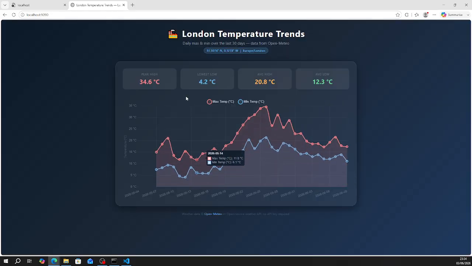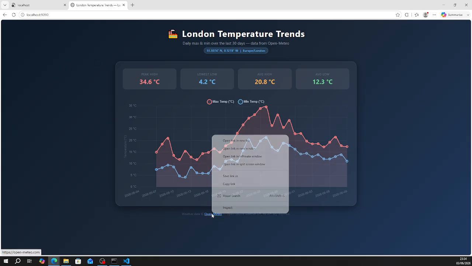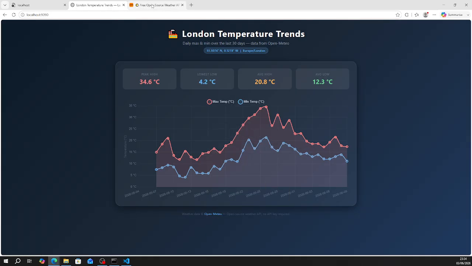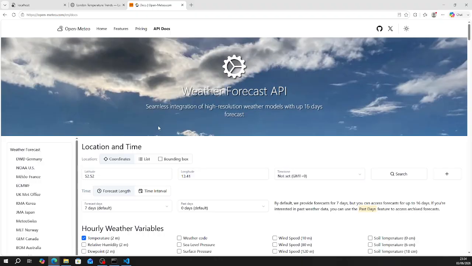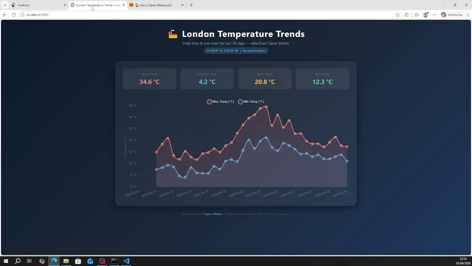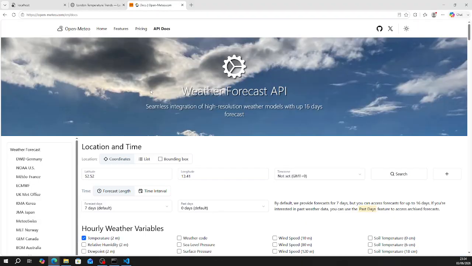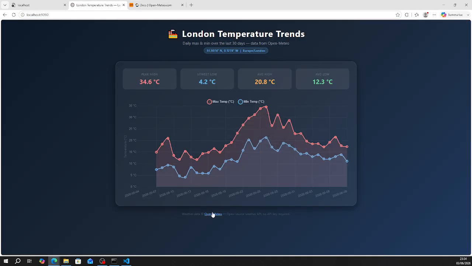You can see it here, it's the last 30 days trend. This website is connecting to Open-Meteo, a free weather report API. API means you can connect with this server, with this website, and pull the information, right? So yeah, the data that is coming,